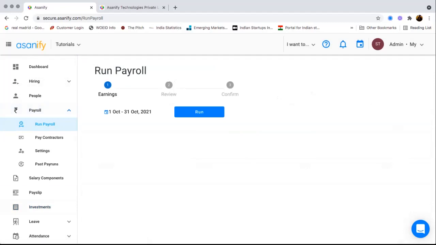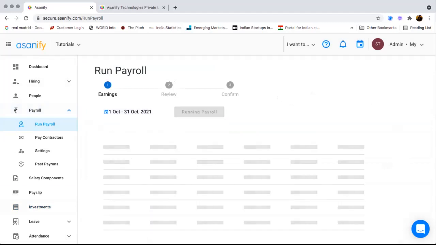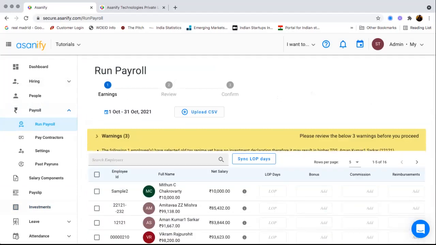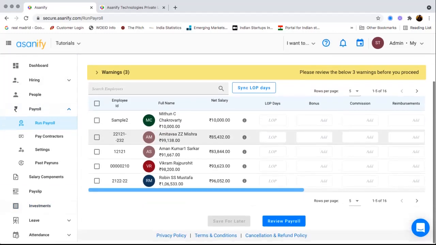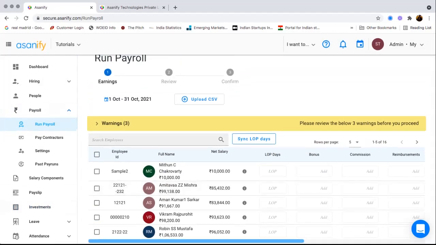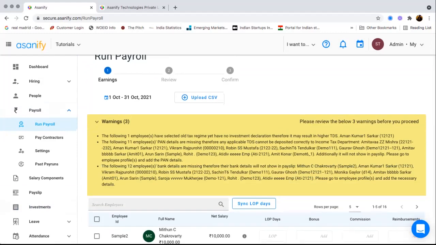Our payroll module typically takes about 5 seconds to run the entire process. So just go to payroll, select whichever month you're running payroll for, and just click run. And that's it. It will complete the entire payroll in 5 seconds, but it will give you a way to update any information that you want. Firstly, it will show you a lot of warnings that you may need to be aware of, especially if you're running it for the first time.